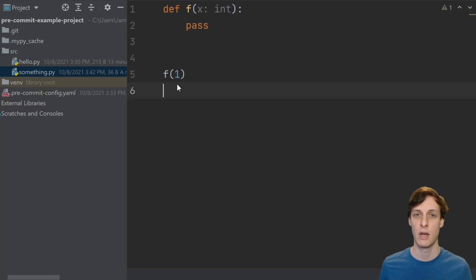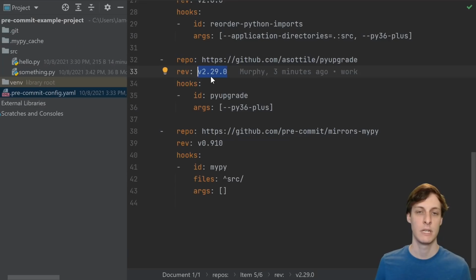Finally, there's the question of safety. How safe is it to automatically run programs on your source code before committing them? Well, this ultimately goes down to the project and whether or not you trust the project to do the right thing. Of course, these little scripts can be written by anyone, so if they put something malicious in, then you're going to be out of luck. You can fix a specific version or even a specific hash in the config file. This helps mitigate things like what if this project gets hacked and an attacker uploads something malicious. But as always, only use projects that you really trust.